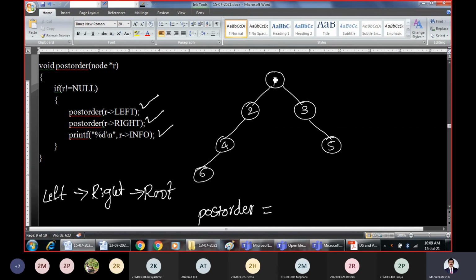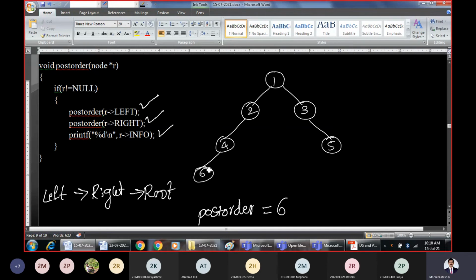We will start with this node. What the procedure says, first you have to process the entire left subtree. So we will come down towards left. Whenever you are present at this node, apply the same rule. First go to the left subtree. When you are present at 6, apply the same rule. For the left subtree, no, left is not there. Then you have to process the right subtree. Right is also not there. Then finally you have to print the root node. So 6 is being printed.